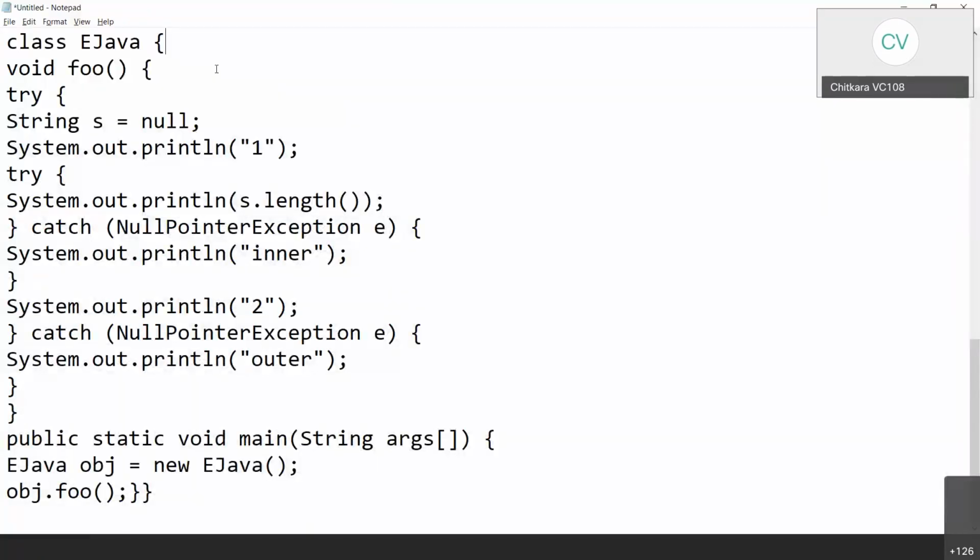Okay, so this was a tricky example. Let me explain this. So I made a call to the foo function. So control comes over here. Here we have a try block. String s is equal to null doesn't give any error because we are simply initializing it with null. Print 1. Okay, so the first line output should be 1. Comes inside, it tries